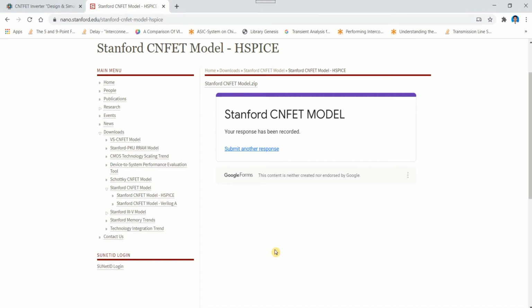To get the library file, you can go to this particular site, Stanford CNT FET model for HSpice. It provides various types of models. An HSpice model is there, a Verilog A model is there, and a Schottky CNT FET model. So it provides you with the technology library.